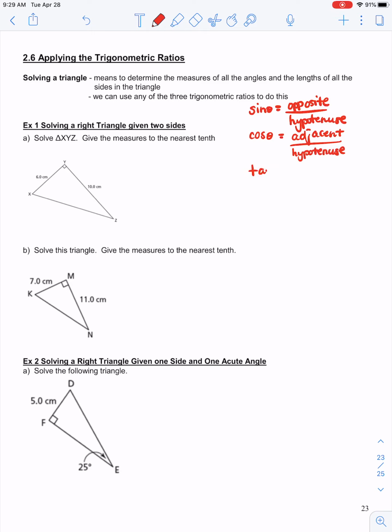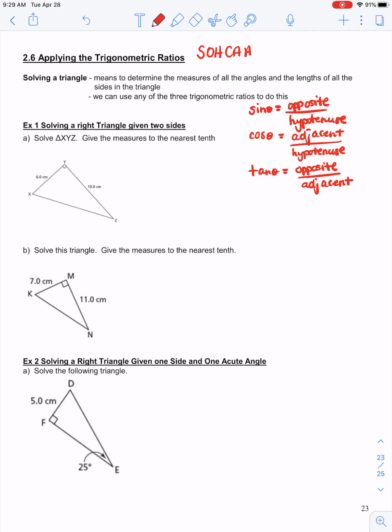And tan theta is equal to opposite over adjacent. So this is where we get, and maybe you've heard this before, what we call SOHCAHTOA. So SOH, S stands for sine, O is opposite, H is hypotenuse,